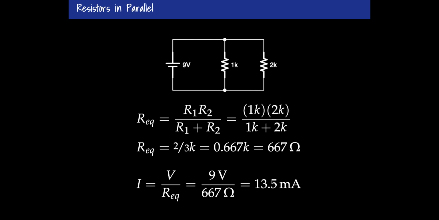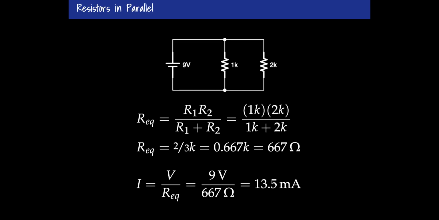Well, 2/3. I'm not going to deal with the fraction. So it's 0.667 K. At that point, it doesn't make sense to write K because K is thousands. That's 667 ohms. Of course, I've rounded that. It's 6 repeating forever and ever. But 667 ohms of resistance. So if I take my 9 volts and divide it by that equivalent resistance, I get 13.5 milliamps, exactly what I expected,